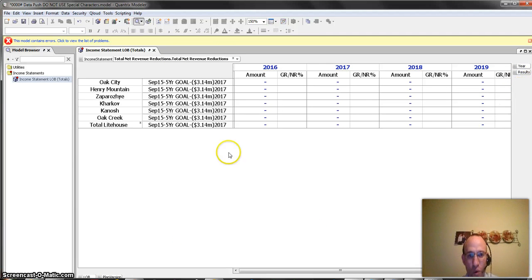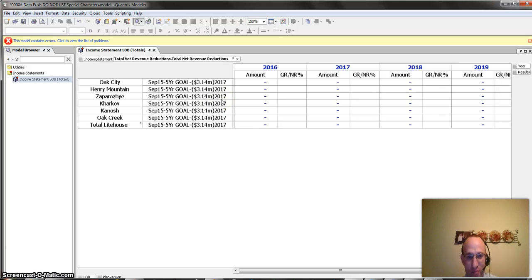Well, what we came across a couple weeks ago, my coworkers and I, that took us 4 hours to figure out, is that when we were making a push like this, you can see that our plan version is very verbose, meaning we know exactly what plan this is and what we're talking about with this plan version. We're talking that as of September 15th, our 5-year goal was 3.14 million by 2017. So very verbose, but the problem is when we were pushing this out to our database and then trying to